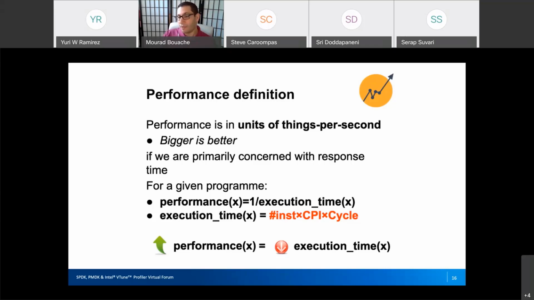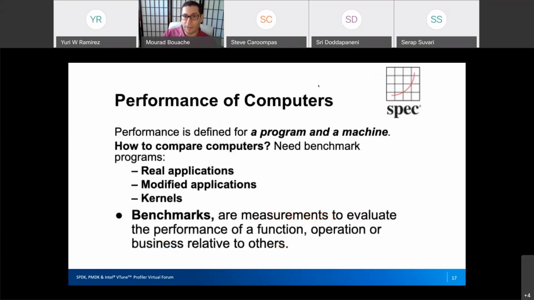Reducing the number of instructions can be done with a compiler, for example. One hint for Intel products is the Intel compiler, or ICC. CPI is mostly about the microarchitecture, which we improve every time through tick and tock, and I think now Intel changed it a little bit, and also the cycle time. So increasing the performance is going to be by reducing the execution time if we are talking about CPU architecture or microarchitecture.